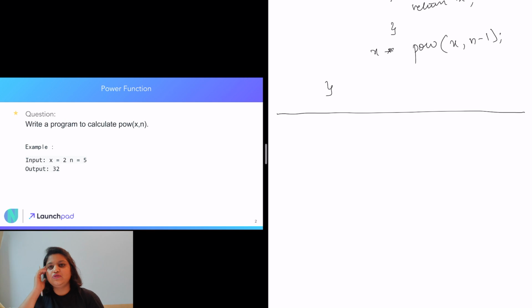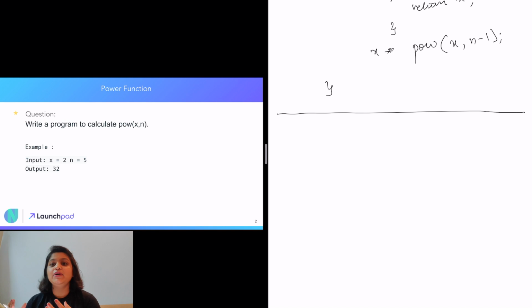Now when we do this function recursively, like we are doing x to the power n minus 1, the thing that comes to my mind is that as we know, 2 to power 4 is 2 to power 2 into 2 to power 2, or 2 to power 6 is 2 to power 3 into 2 to power 3, right?